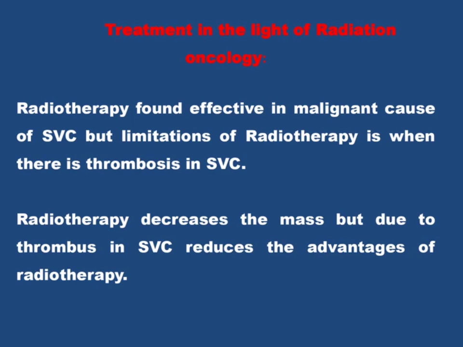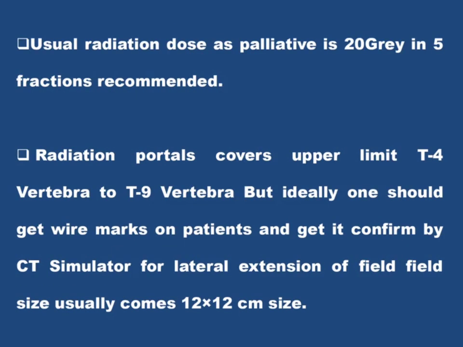So investigation: apart from the routine hematological investigation, I'm talking about the special investigations. You get a chest X-ray done, and for the mediastinum you go for a lateral view, not the chest X-ray PA view. The lateral view will show you the mediastinal widening and a parenchymal mass opacity lesion. Then for the diameter of the mediastinum, and the very specific visualization of a mediastinal lymph node and a primary lesion,